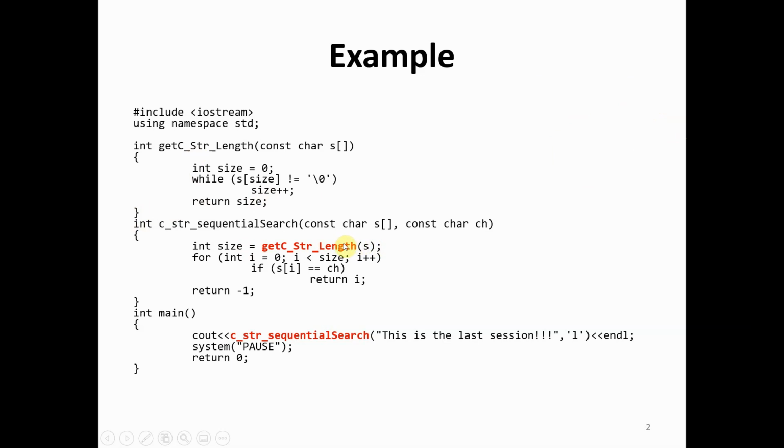So then the function can continue, and the control comes back here, and then it goes to the next line. It basically searches for a specific character in the C string, and if it can find it, it returns the first index. If it can't find it, it will return -1. And again, once you return from the function, the part of the memory that was allocated to this function is deallocated automatically, and the control goes back to where the function was called, and now in the main function we can print what was returned to us, and then